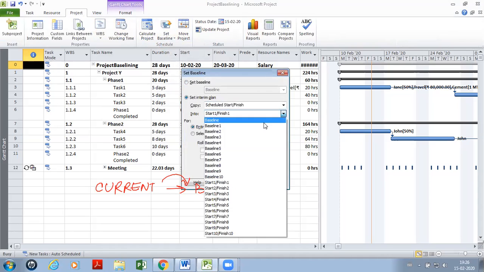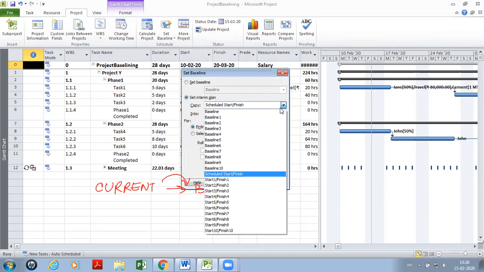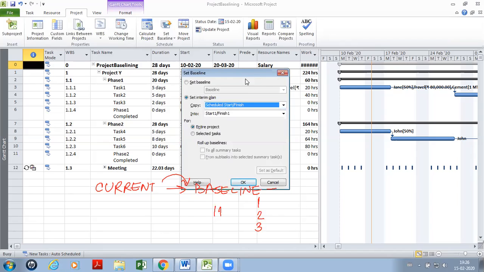We will be able to copy either a baseline into another baseline, or from the scheduled start and finish to one of these sets. So we can create an interim plan as well.